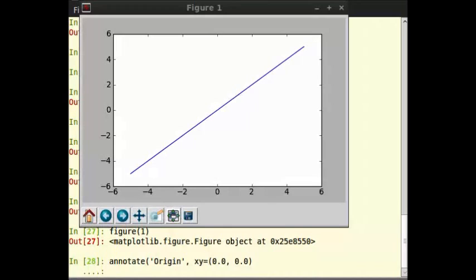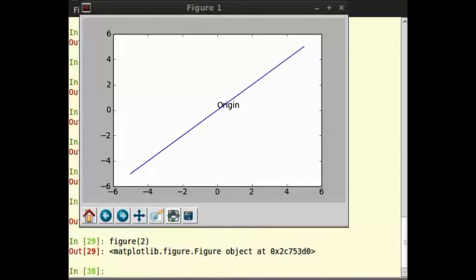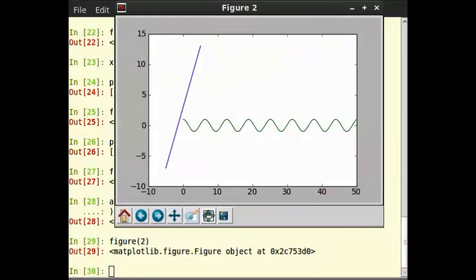then figure 2, so for figure 2 annotate within brackets x-intercept comma xy is equal to within brackets 0 comma 3.